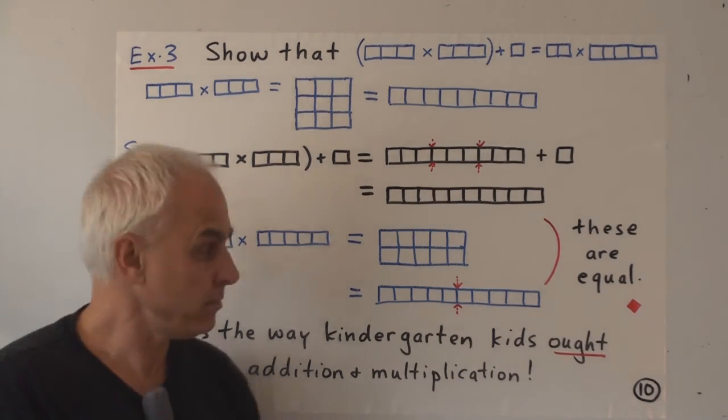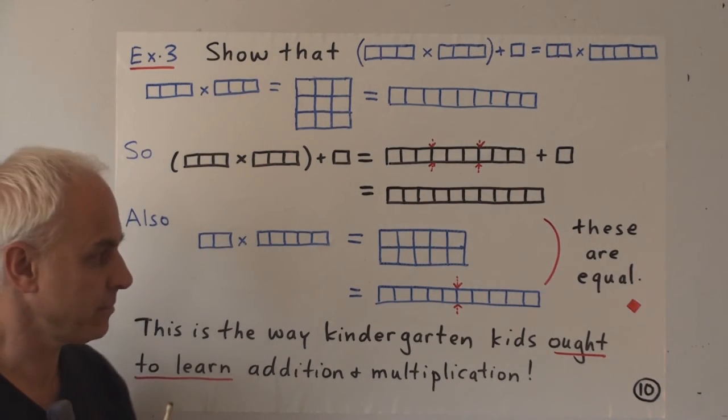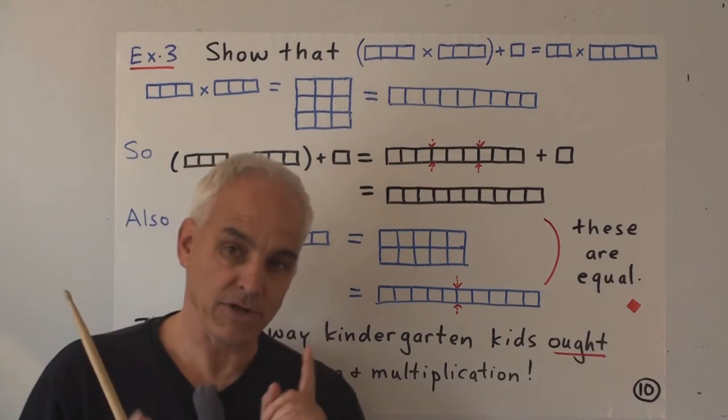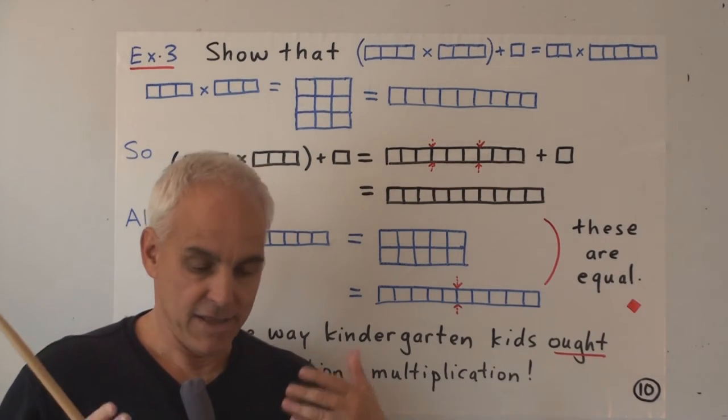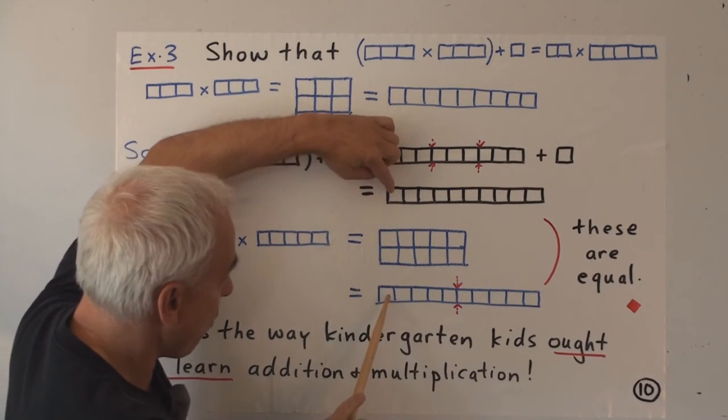Okay, are these things equal? Is this equal to this? That's what we want to check. How do we check whether two numbers are equal? In this context, there's only one way of doing it. You have to go through them and compare them one at a time.